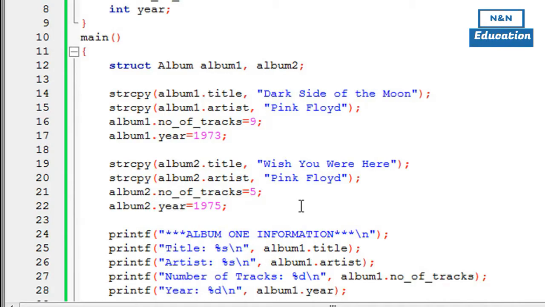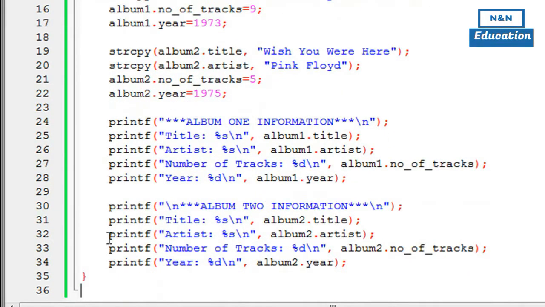And then I have a series of printf statements that I have used to display the information that is stored in these elements now for the 2 variables on screen. So the printf statement on line number 24 displays a message. It has 3 asterisk symbols, and then album1 information in capital letters, and then 3 more asterisk symbols. And then on the next line I have displayed the title for the first